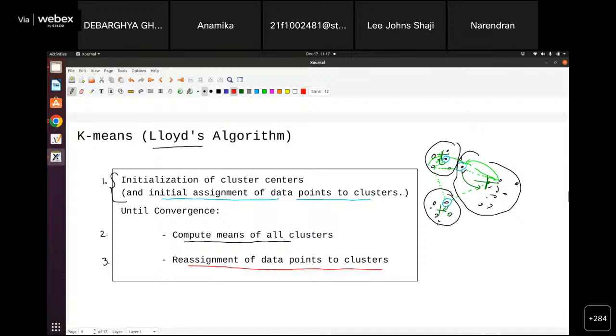Okay, which means for this data point, you'll check whether this is closest to this cluster center or not. As you see, this is closest. So this will say that this data point is happy, which means this data point will not move in this particular iteration, right? We check this for each data point. So if we find a data point